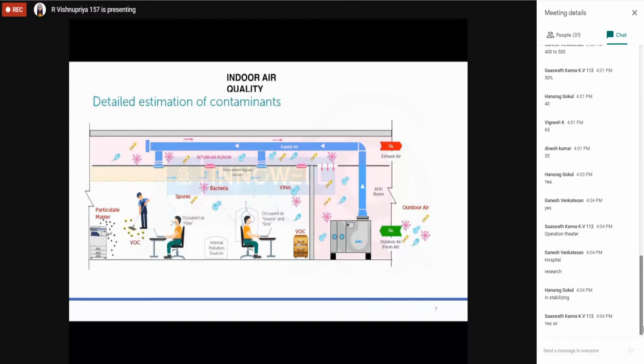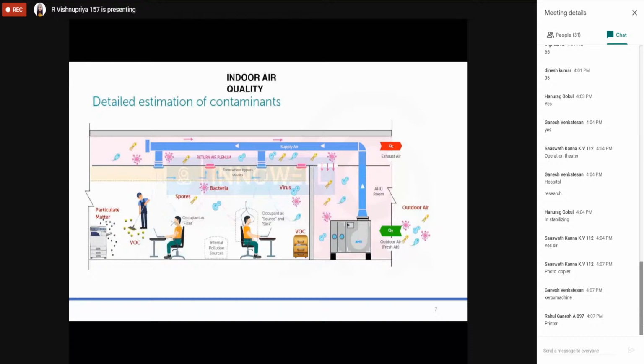On the bottom left hand side, you can see a photocopier machine, right? Can you say what exactly is that on the bottom left hand side corner? One box is there, right? I've given the answer, but still I'm expecting an answer from your side. Photocopier, very good. Ganesh, you got it, man. You are the great man. I was expecting this answer.